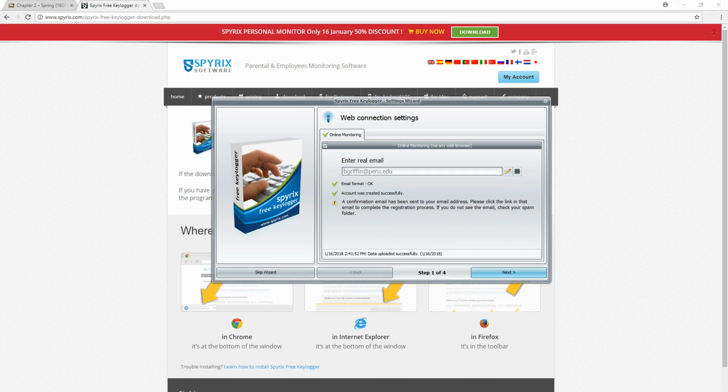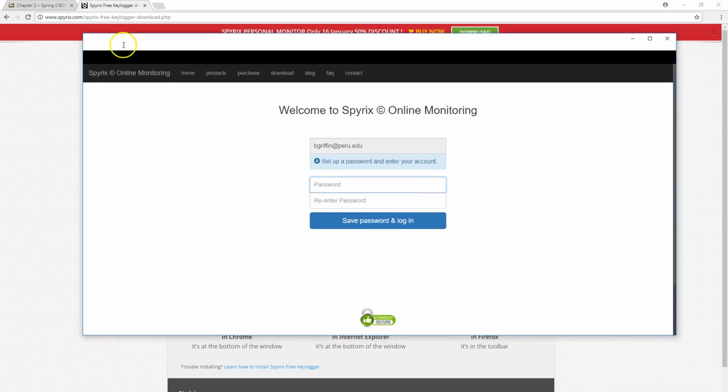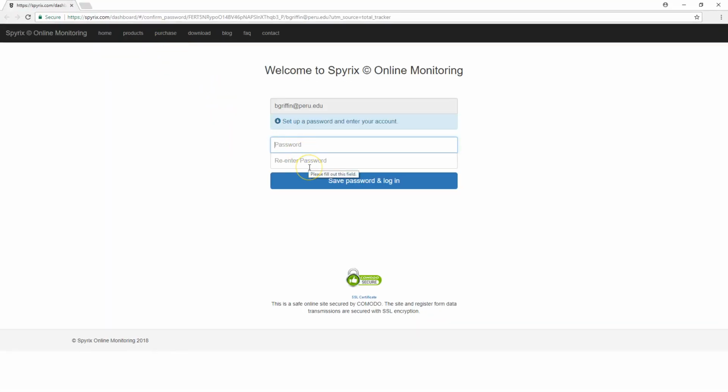So I need to log into my webmail real quick and say, yes, I really do want to do this. I want to activate. When I do that, it pops up a web browser that looks like this after I clicked activate. And we have to set up a